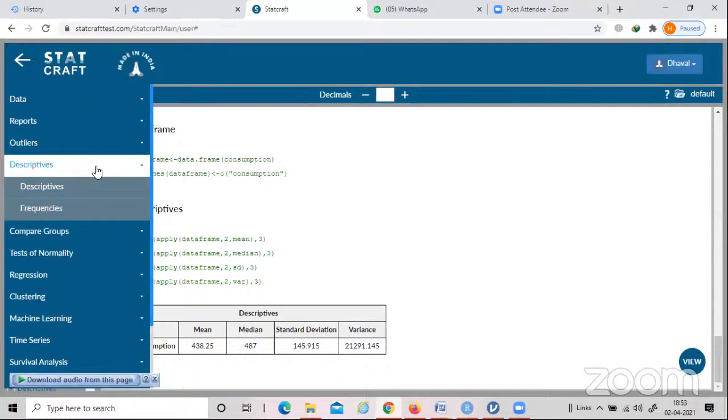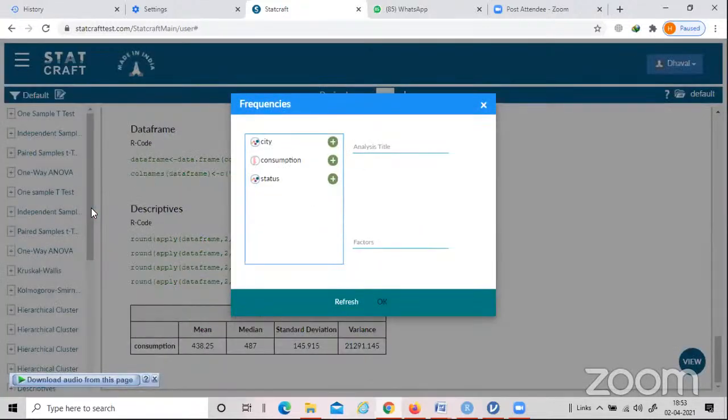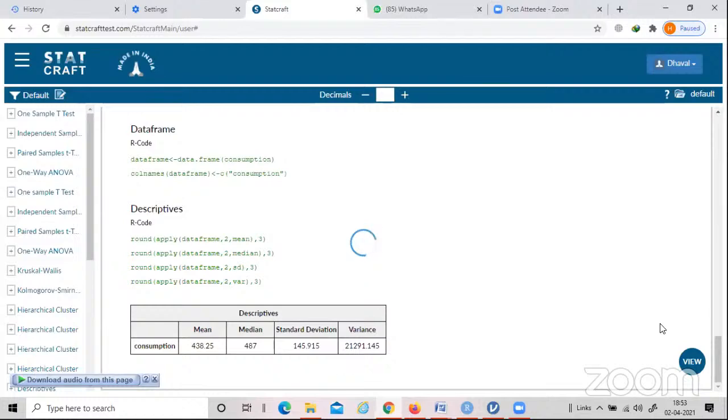See, we are sharing everything with you, because we don't want a monopolistic market anywhere. So we share everything, the updated things available in the market. Frequency can be done only for a categorical variable. Now reverse. The consumption will not go here, whatever you do. It says, please give me the categorical variable. Okay, click OK. And now it gives me the